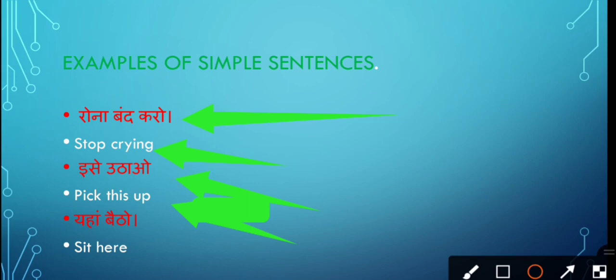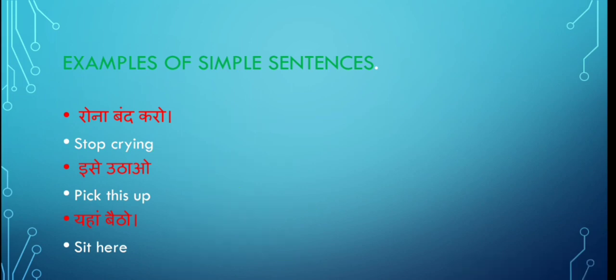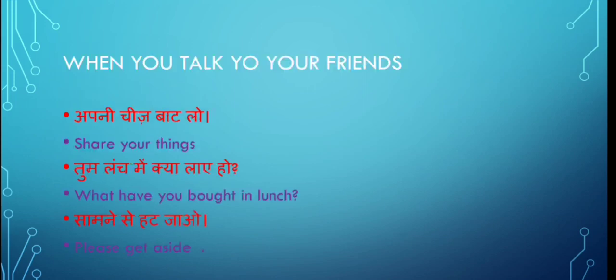Then next sentence would be yahan baitho. Yahan baitho means sit here. Sit here. I hope you all understood. Our next sentence is